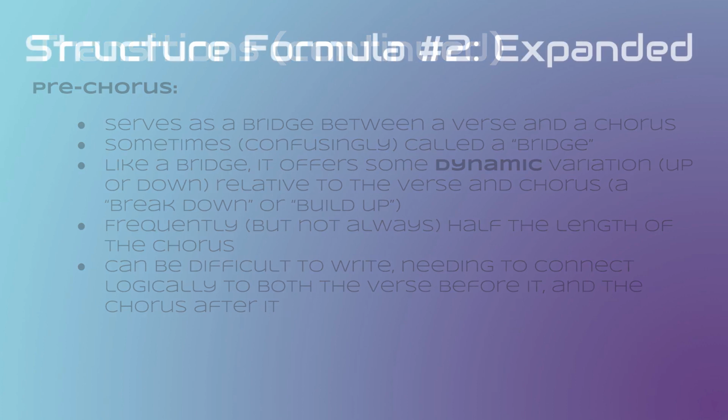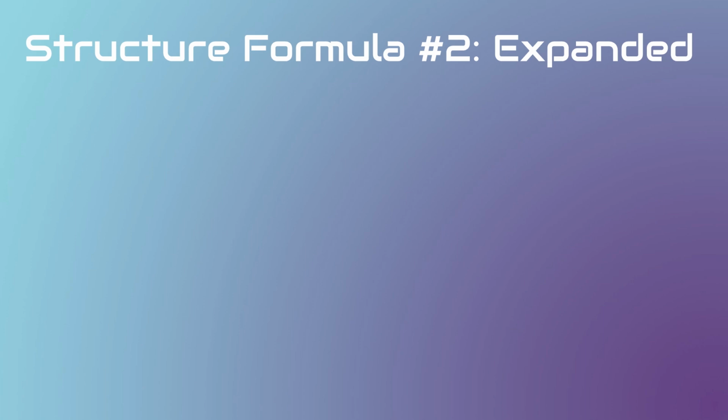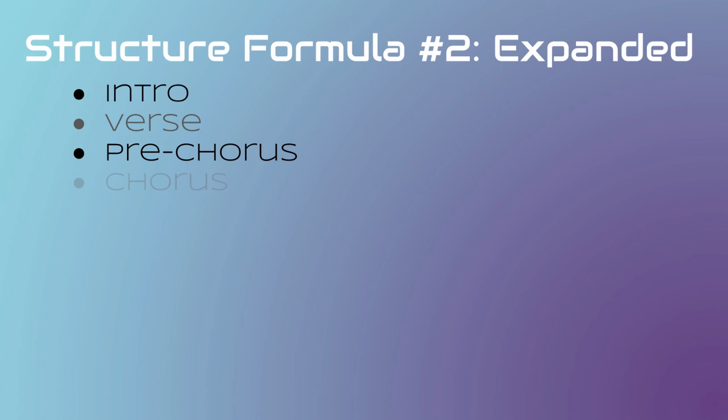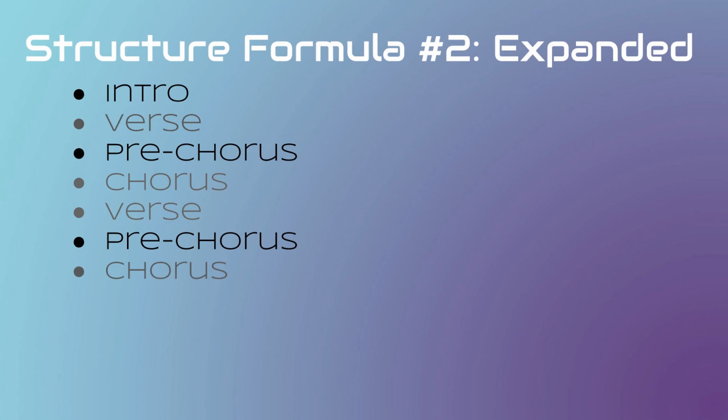Now, in the previous video, I offered you a basic song structure formula using just verse, chorus, and bridge segments to get you off and running with your own songwriting. And although, as mentioned, you can definitely write great songs using that template, let's revisit it now and toss our transitional segments into the mix to create an expanded song structure formula with even more interest to it. It might go intro, verse, pre-chorus, chorus, second verse, pre-chorus, chorus, bridge, the chorus 2 times, and then an outro to take us out of the song.